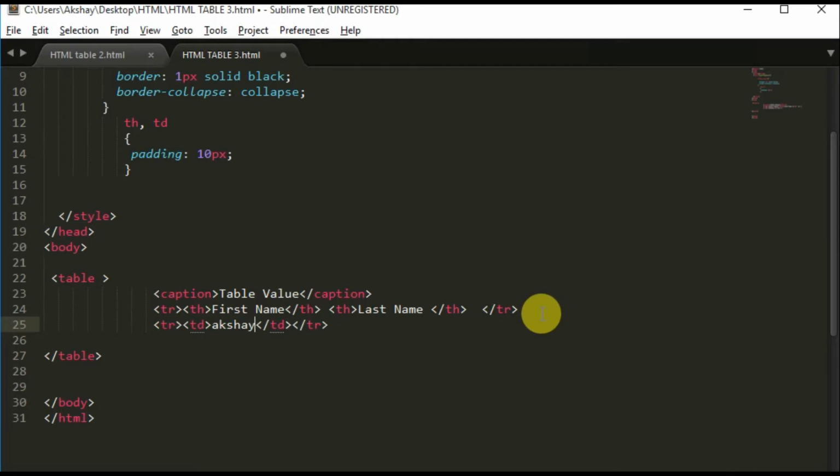Actually, always remember, if you're opening a tag, close it there only, because you will get confused if you close it later. So make sure you close it there only. I'll add a different value here, so it will be the last name, that should be yeah. Okay,